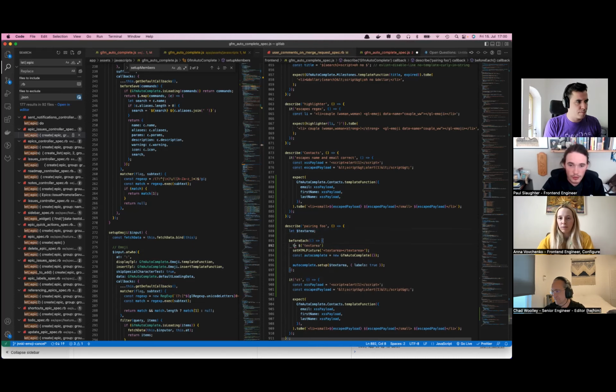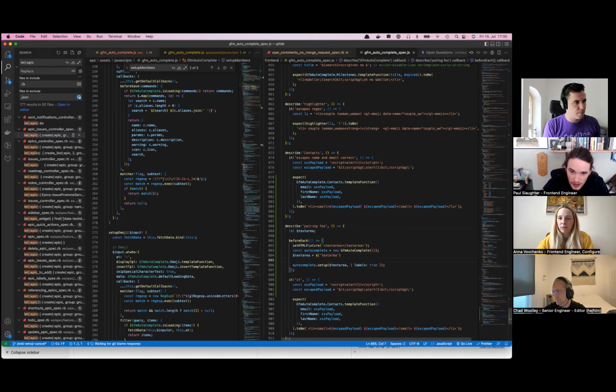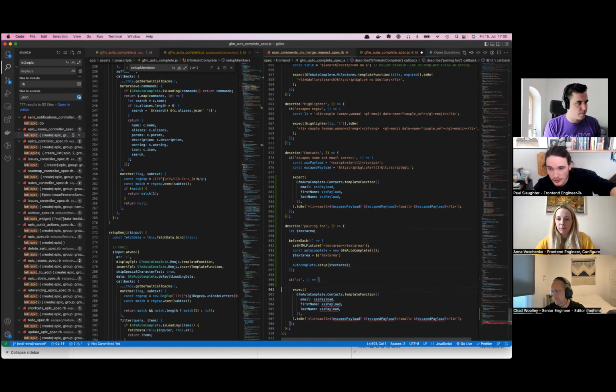Yep. And we'll need to do it after we set up the autocomplete and before the setup. Yep. And then let's get rid of the second argument to setup, because then we'll use the default where everything gets set up. Awesome. Great. So we set this thing up, and now on the it, we're going to check out